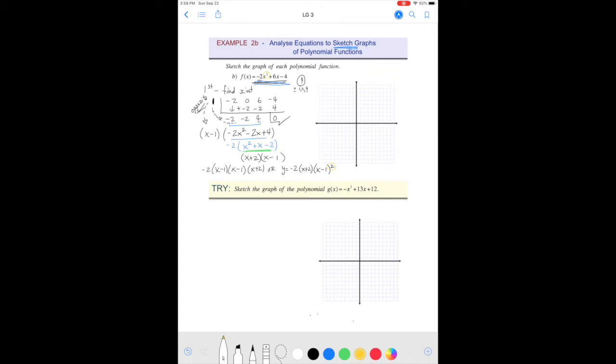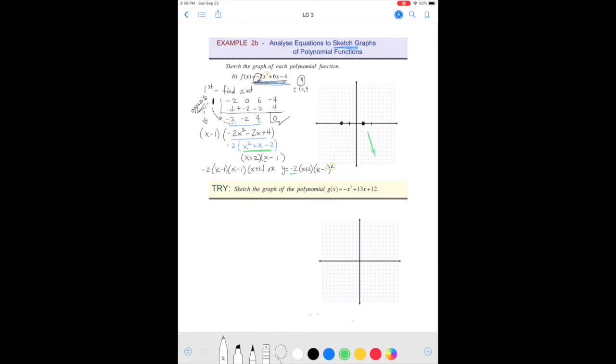Okay, so remember we got the x-intercepts, so let's put them on. So I'm going to call this +1, +2, -1, -2. So our first one is, I'm going to put it in -2, and the other one is at +1. All right, and now to find where the leading coefficient's going, it's a negative. See, it's a -2. I'll just underline this. It's negative. So I know for a fact it's going down,